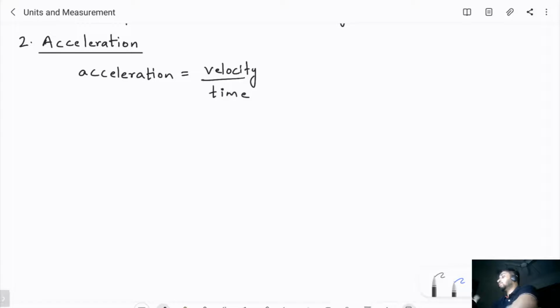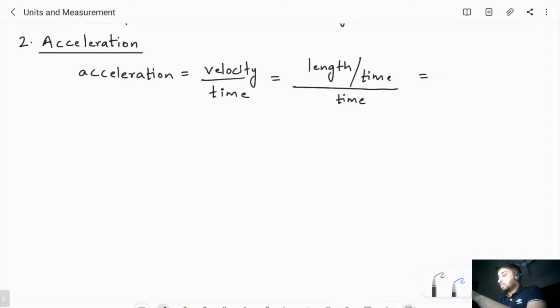So now velocity, as we know, it is displacement by time, or in a way we can say it is length by time. So it becomes length by time, whole divided by time. So that is basically length by time square, right? So the dimensional formula for acceleration